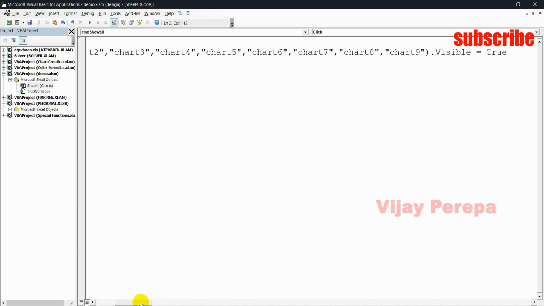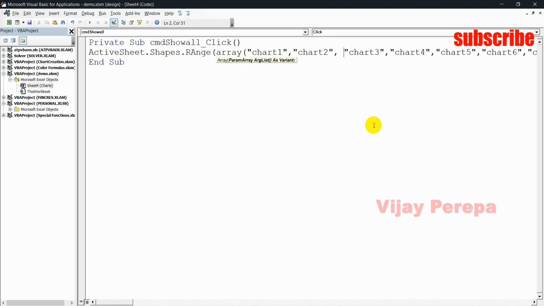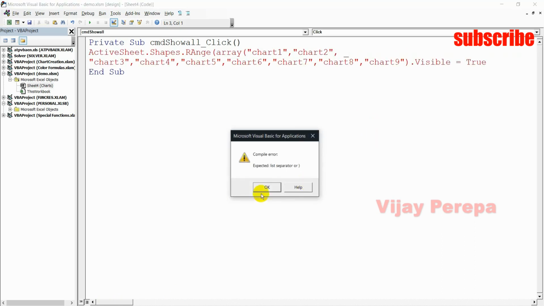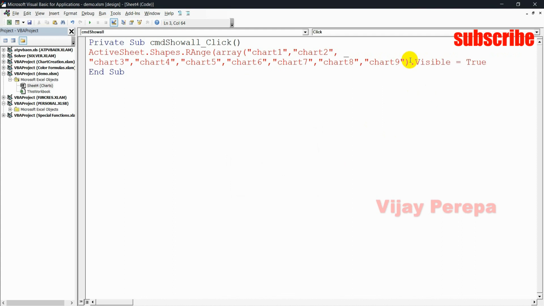Since this code is coming too long, I can break this code using one space bar, underscore, and enter. Now you can see the code is coming in nicely. Only thing is I need to close another bracket. Now this way I have a complete code. Here visible equal to true.